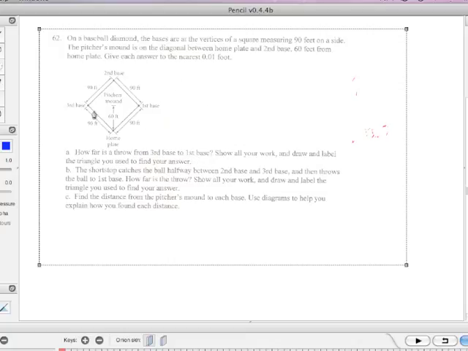And so from third to first, and knowing that this is a right angle is going to get us the answer. This is the Pythagorean theorem. So we have 90 feet. Okay, a right angle here, and we have 90 feet here. So this distance right here is going to be,